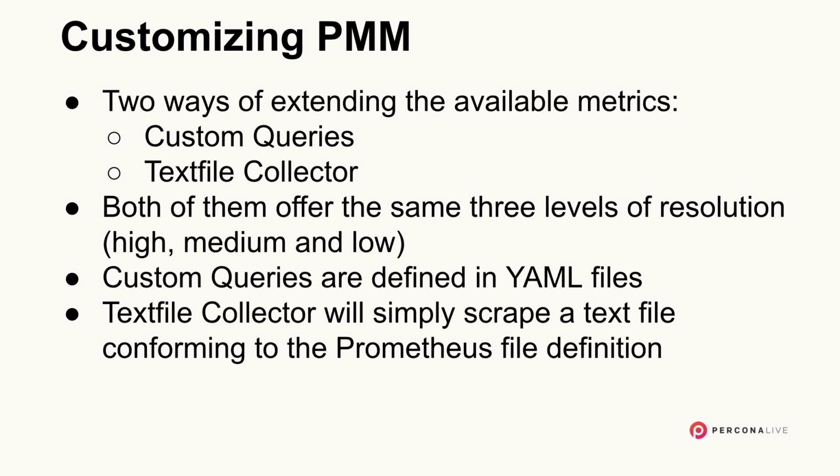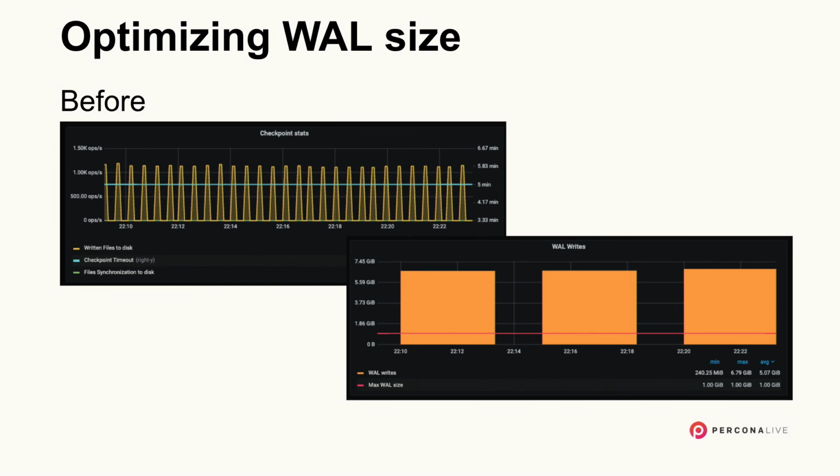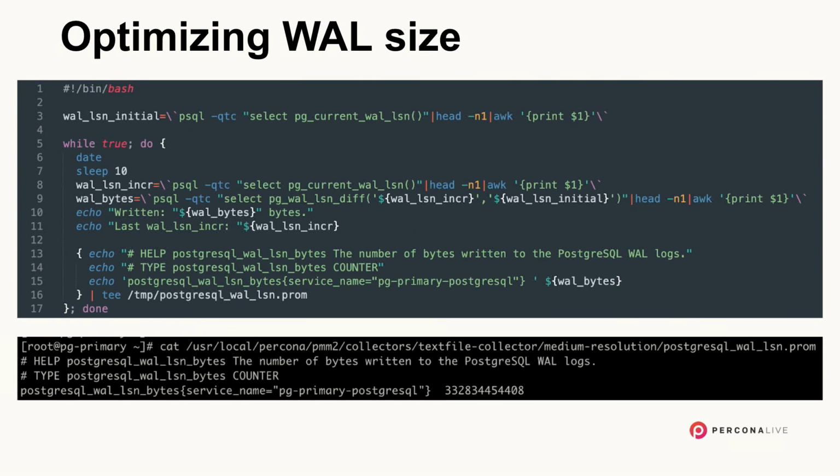The second one is a bit more tricky, and harder to use, but it also provides us with a lot more. The text file collector will just read a text file; this is an example of a resulting text file that we will create, right? In this case, we are using a bash script, but you can use anything you want that can write to a file, right? So very briefly, what we are doing here is, as the initial state, we are getting the